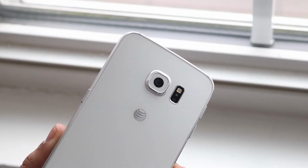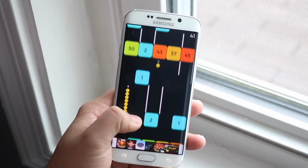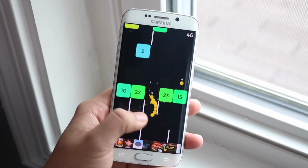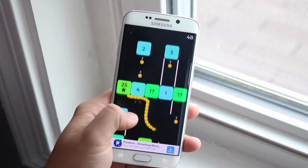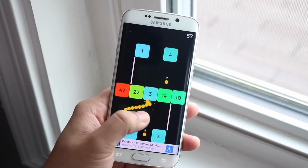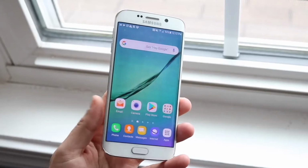It has a lot of problems, and I even remember picking up the Galaxy S7 the first day it came out, many years ago, and I had a weird experience with that one too. I think that was on Android Marshmallow or Android Nougat or whatever, and I had a really weird experience with that phone in terms of the software, and this is no different. The fact that it ended on Android 7.0 is pretty crazy to me. So I think the software, I wish it got a couple more versions of software,